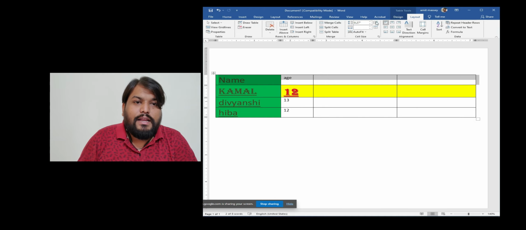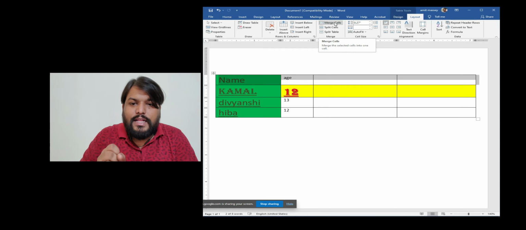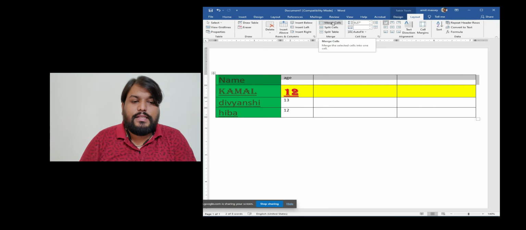Then I'll find Merge, and on top of Merge you can find Merge Cells. Merge Cells will combine the cells together. Split Cells will divide the cells, and Split Table will divide the whole table. So I have to select the very first option, and that is Merge Cells. I'll click on it,